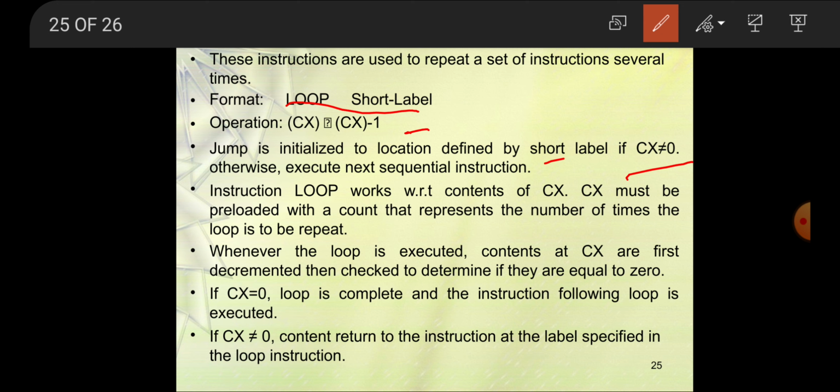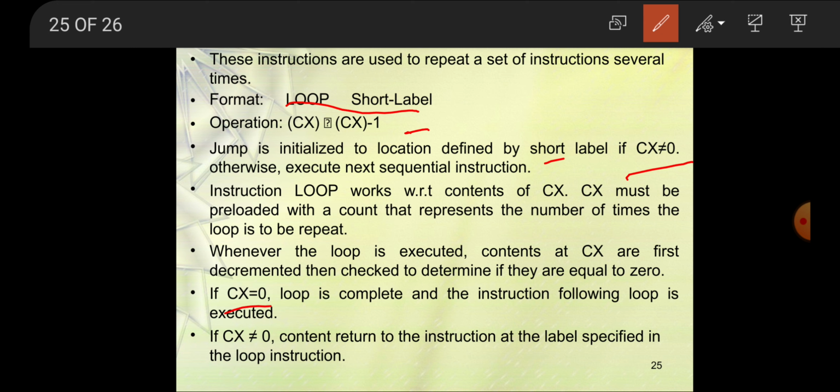Whenever the loop is executed, the content of CX is first decremented and then checked to determine if it is equal to 0. If CX is equal to 0, the loop is complete and the instruction following the loop is executed. If CX is not equal to 0, control returns to the label specified in the loop instruction. So this is how the loop instruction works.